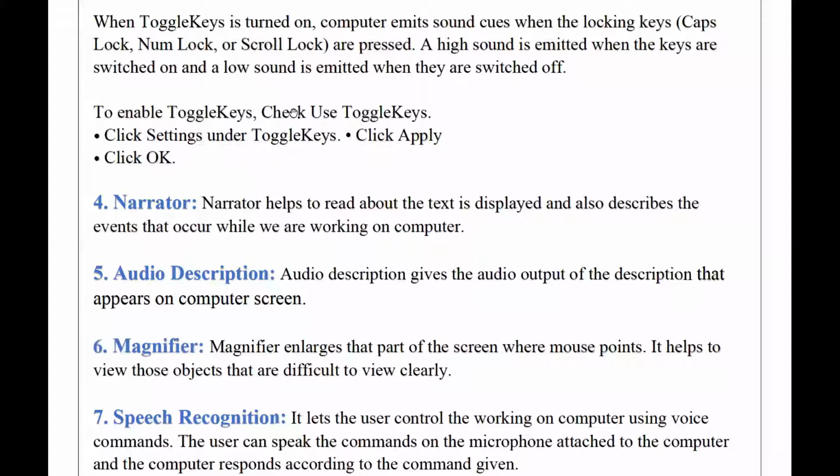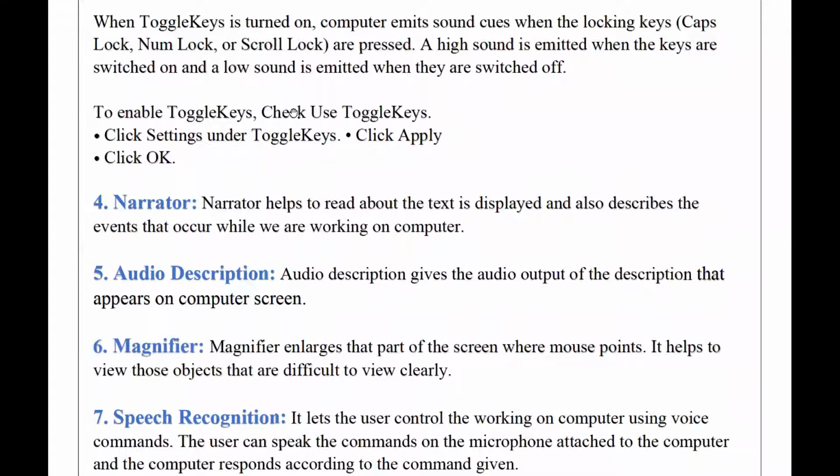Okay. Now the audio description. Audio description gives the audio output of the description that appears on the computer screen. Audio description, I think you have tried when you Google search anything, that it narrates all the description that you have searched for. So audio description is nothing but a brief description, a brief overview of whatever you are doing.